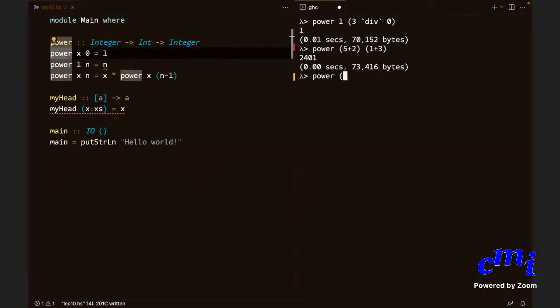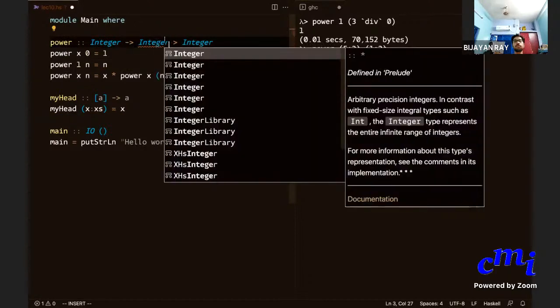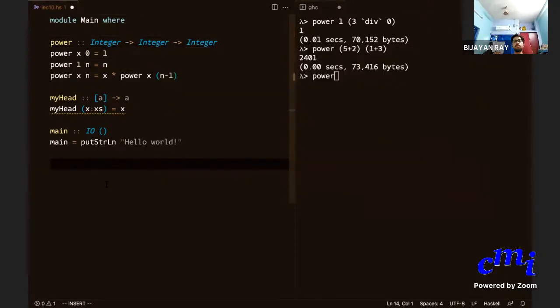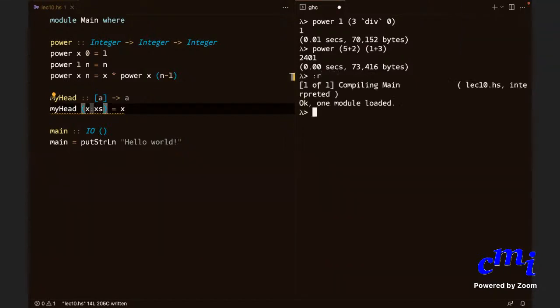Okay, let me first show you that power of 1 (3 div 0) won't work.